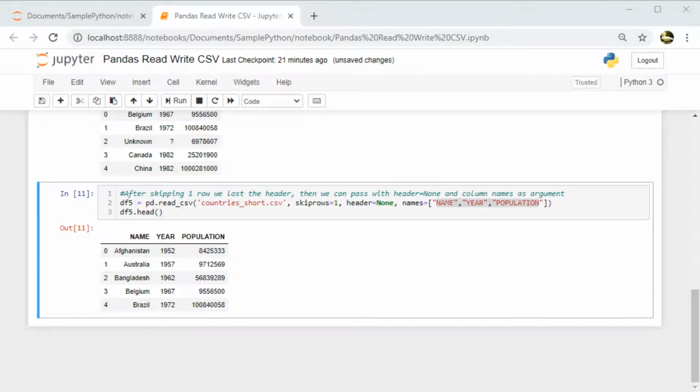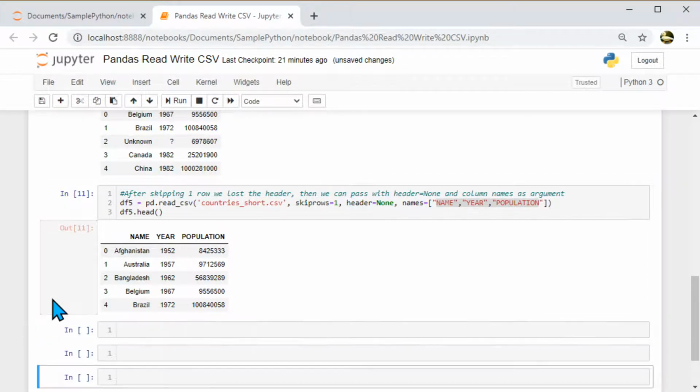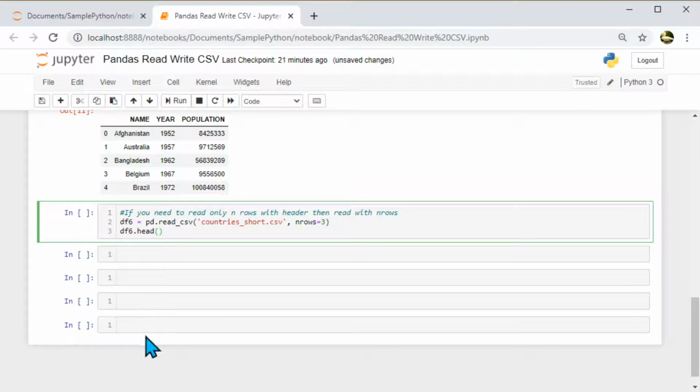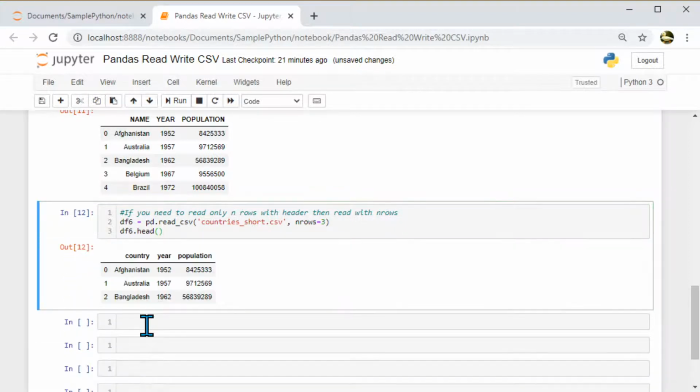Okay, now let's say the file is so big but you don't want to read all of it. Then what are you going to do? For that we have a parameter called nrows, and you can pass an integer to that. Here I am saying read CSV, read only 3 rows. So it reads header plus 3 rows and displays that.